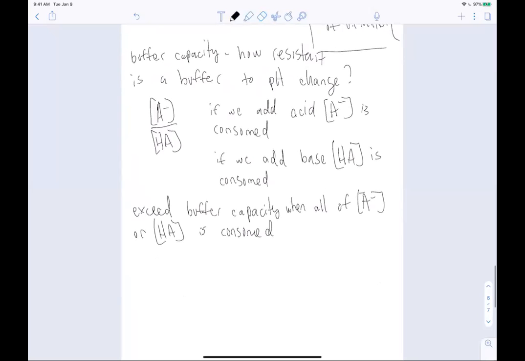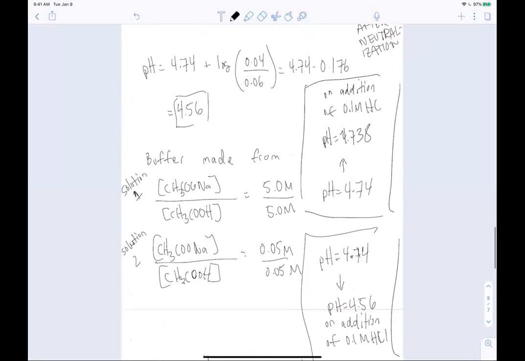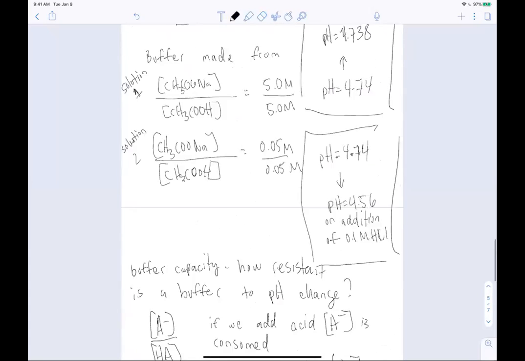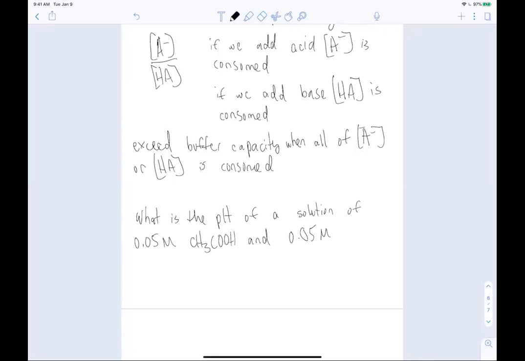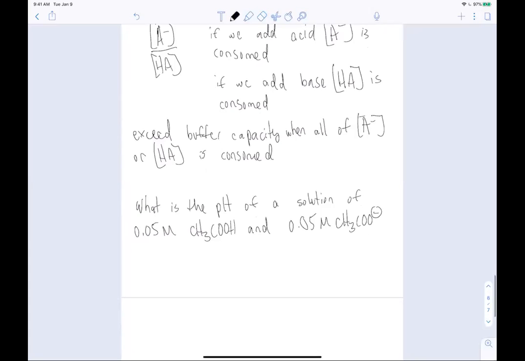So for example, in the last problem, if we looked at: what is the pH of a solution of, let's say, 0.05 molar acetic acid and 0.05 molar acetate, 1 liter, after the addition of 0.1 moles